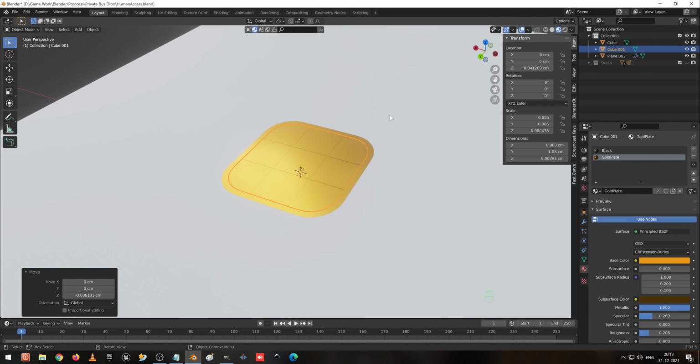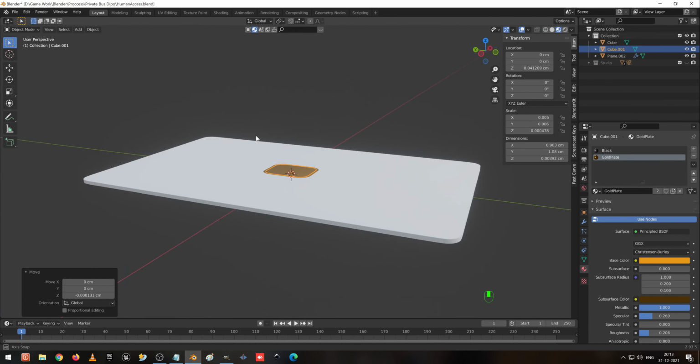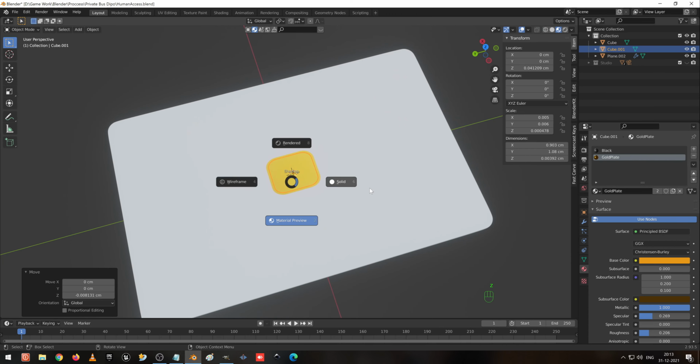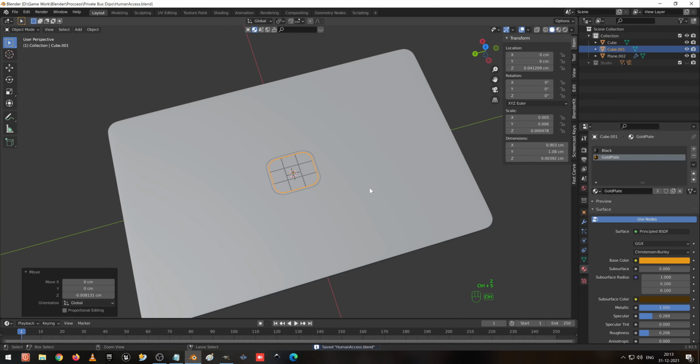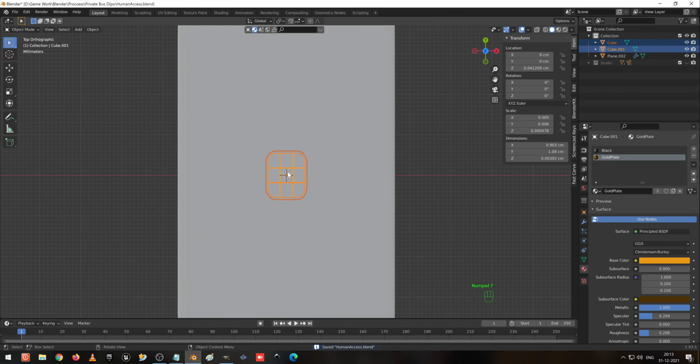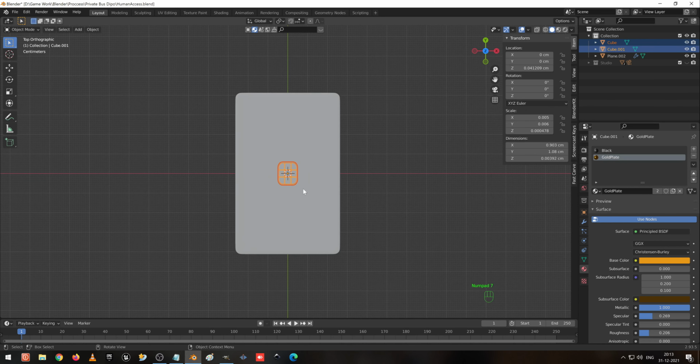Okay, so now I have created a chip for us. So this is the chip design I'm going to give for this. I save it and I select these two and I go to the top view and I'm going to give it towards here.